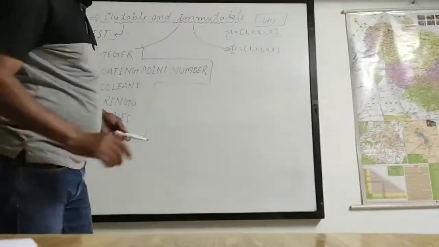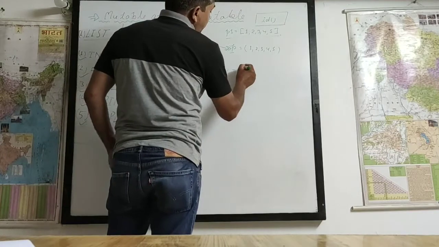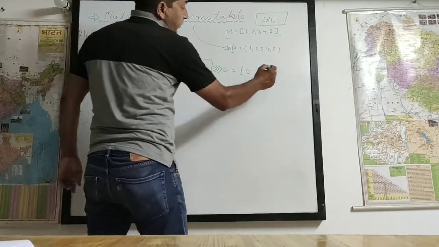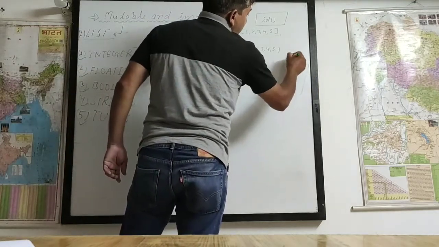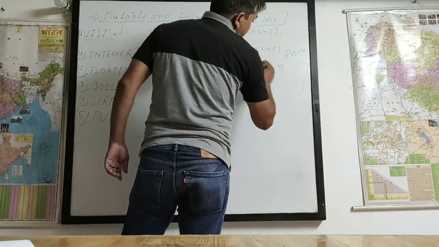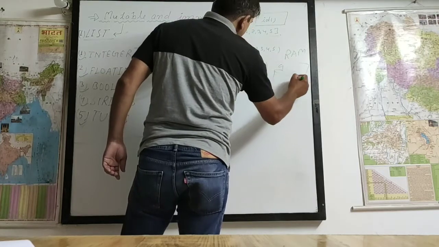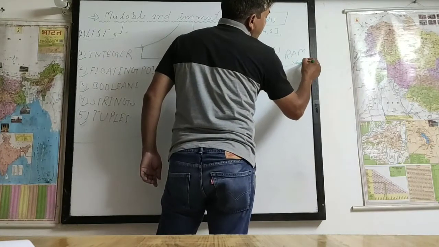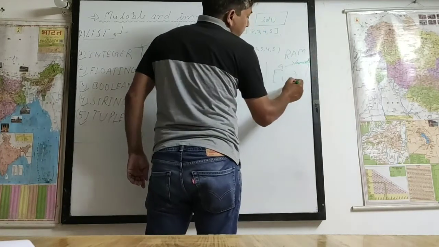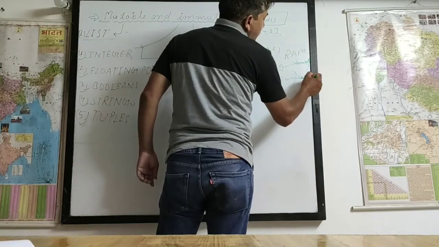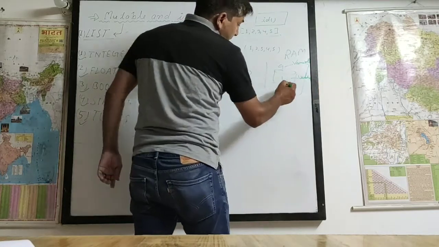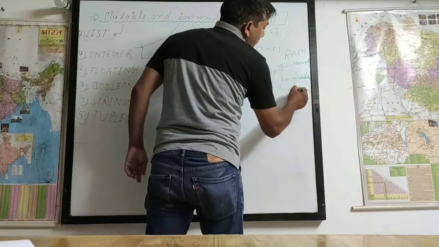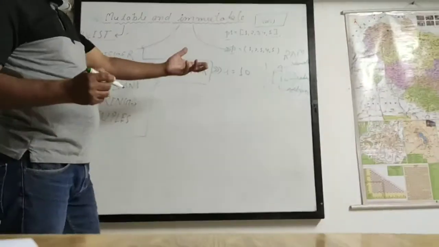Now we talk about the first one, a equal to 10. Suppose we assign the value 10, so now the value of a is 10. As you know, in RAM this variable name is a and the value is 10. ये variable है, and 10 is the value, and its place is called the address.